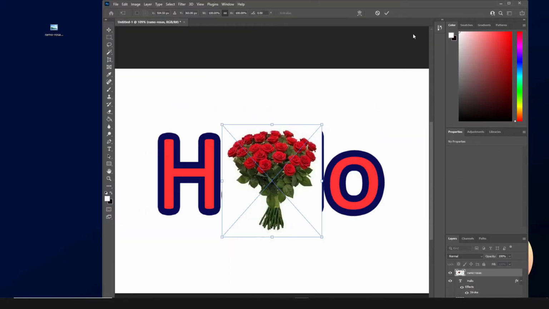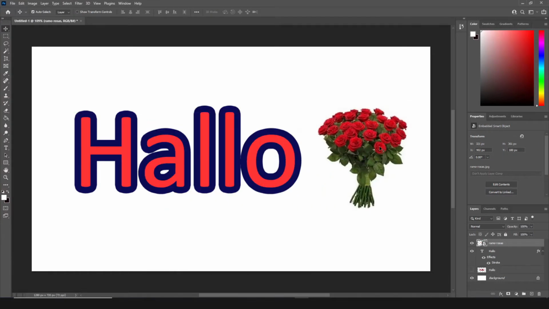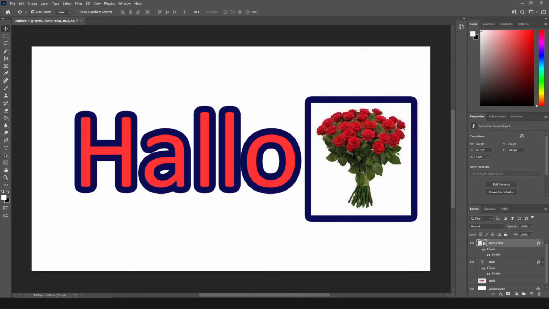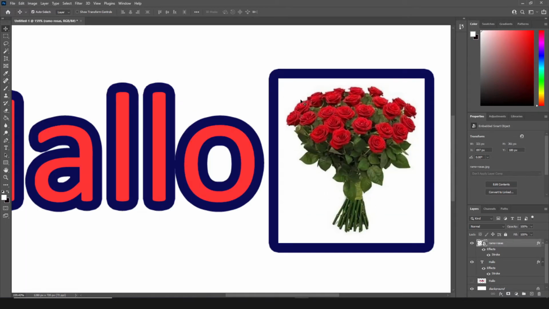Now I'm going to import this image. Notice that in this case the bouquet has a background that is not transparent, so if we now apply the same stroke effect we will get this result. Which could be what we're looking for, but in my case I would like the outline to be drawn over the edges of the bouquet. So for that I'm going to need to rasterize the image and remove this background.